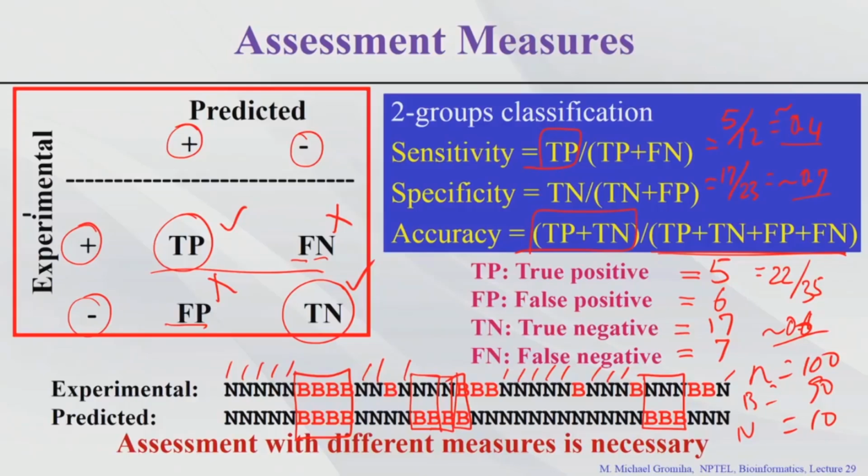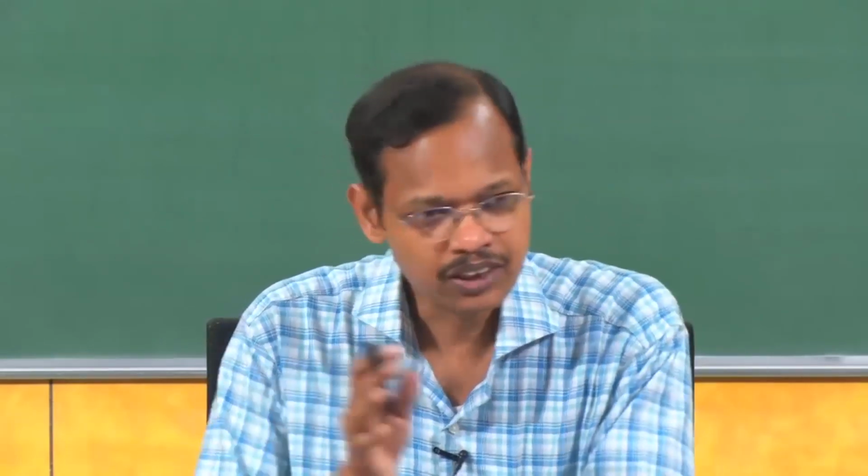What is the accuracy? 90%, because 90 are correct, right. Out of 100, 90 is correct. So in this case the accuracy is 90%. Is this method good? It is not good, right, because if you see the accuracy, this is good, because 90% is very good, right, you can use it. But on the other hand, if you calculate the sensitivity and specificity, right,